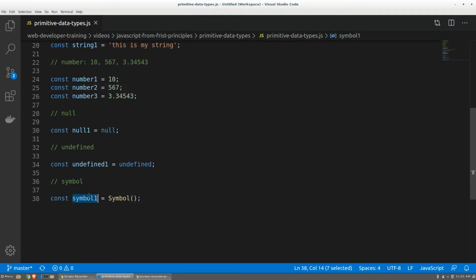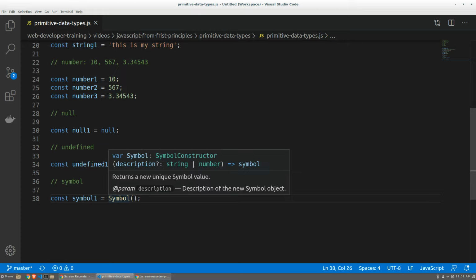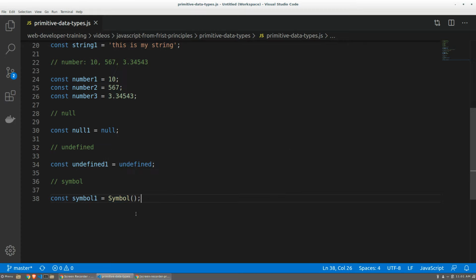So I made a variable called symbol1, and I set it equal to the Symbol API keyword. It's a capital S, Symbol. That's actually a function. So then you call the function with an opening parenthesis and a closing parenthesis. So Symbol, opening parenthesis, closing parenthesis, that will call the Symbol function. And now symbol1, my variable here, is now a symbol. It is entirely unique. It will never be equal to any other symbol. So for example, if I create a symbol2,